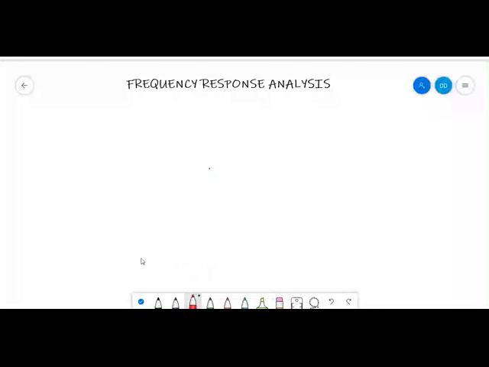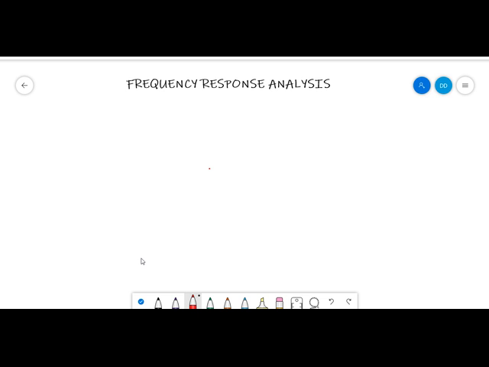In this video, we will discuss frequency response analysis of a system. What is meant by frequency response? So we have studied in time domain analysis regarding the transient response and the steady state response. So frequency response of a system is defined as the steady state response of the system to a sinusoidal input